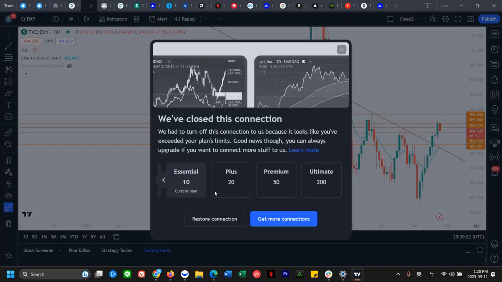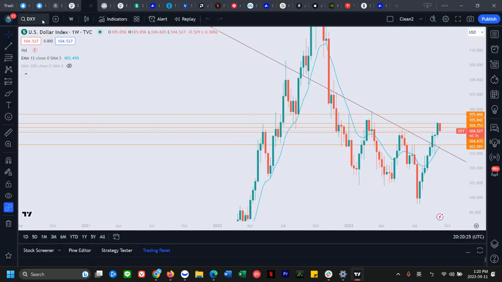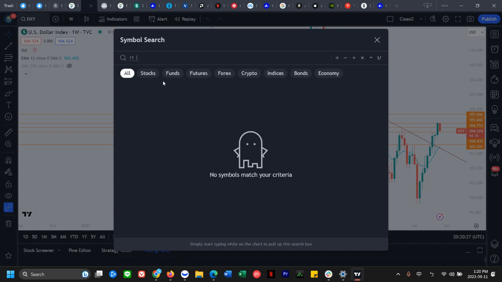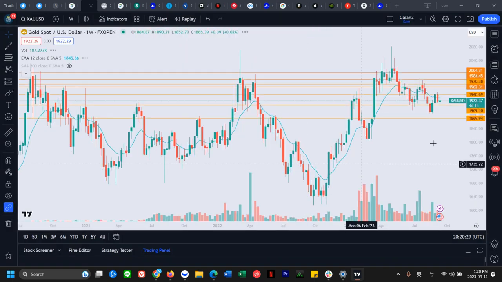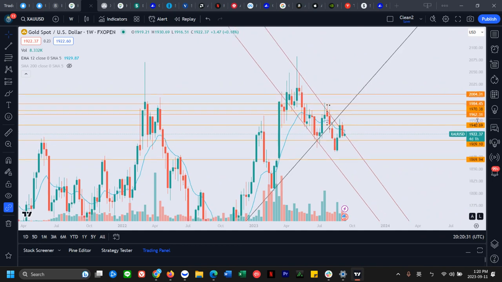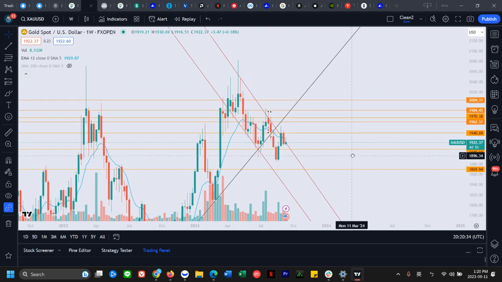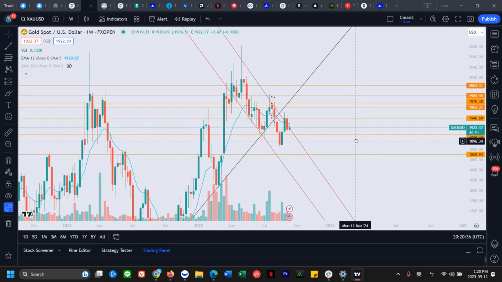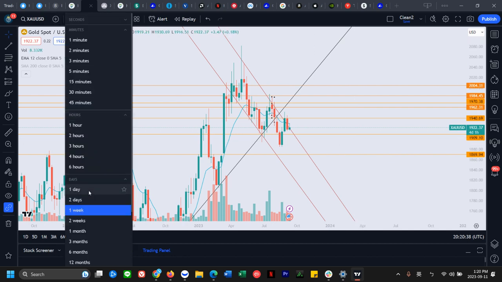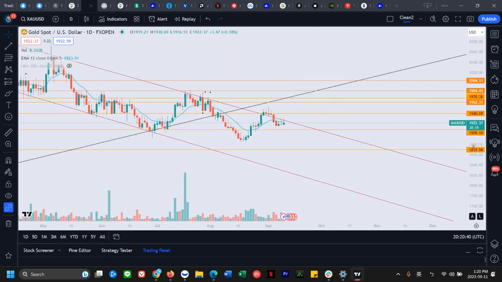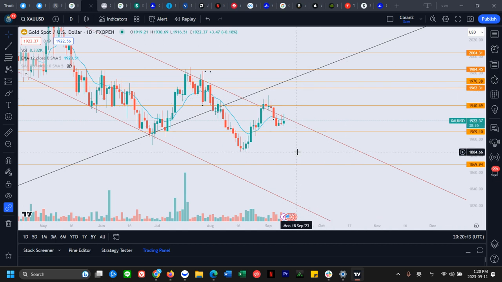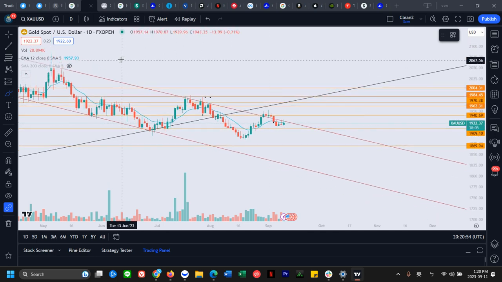Right, let's take a look at, so this is the dollar. Let's take a look at gold first. Gold, we are, let's see, I'm on the weekly. Let's take a look at the daily charts. Surprised that we didn't bounce as hard today, even though we had dollar weakness. It makes sense because we are still testing that downtrending resistance line here on this maroon looking line.